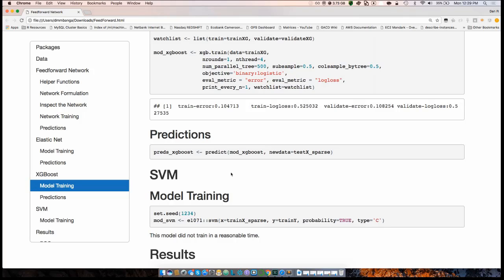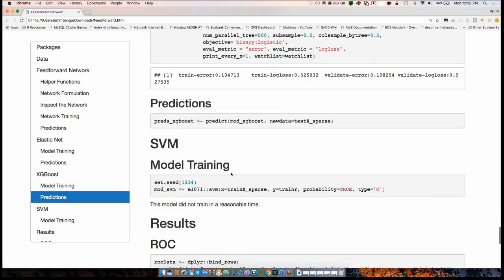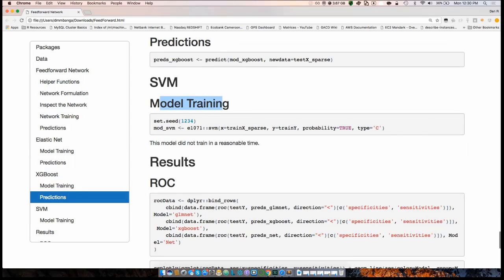Yep, and it becomes even more seamless when you use caret, because then caret exposes a standard API that calls them automatically. And when we fit these things, the prediction was all the same. When we fit all the models that had slightly little differences, you use caret and it becomes even more seamless. And then we tried to use support vector machines. What happened here? It just ran and ran and ran, never converged, and my computer wasn't happy, so I decided it was just not going to happen.